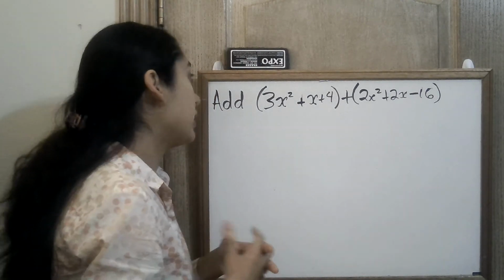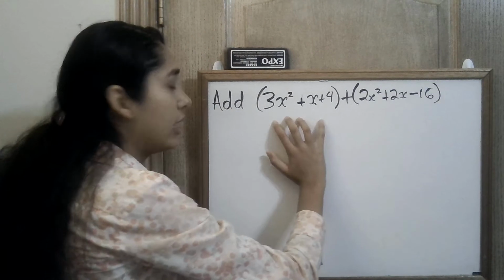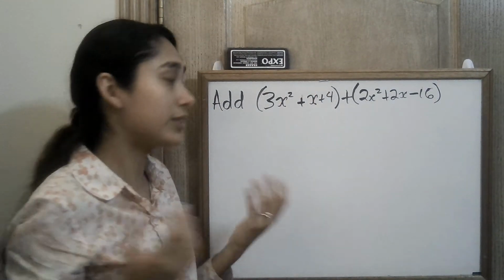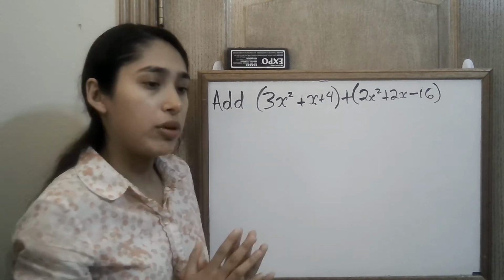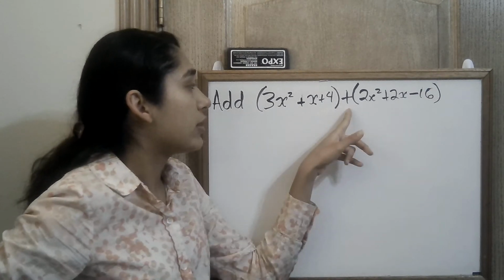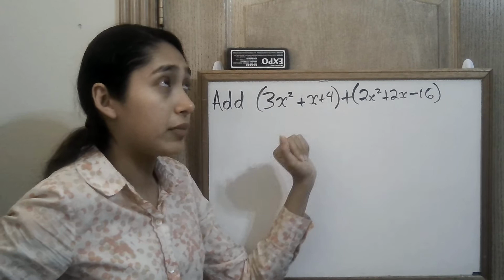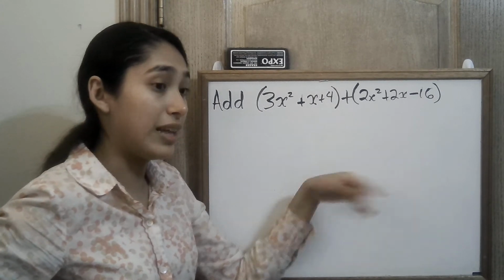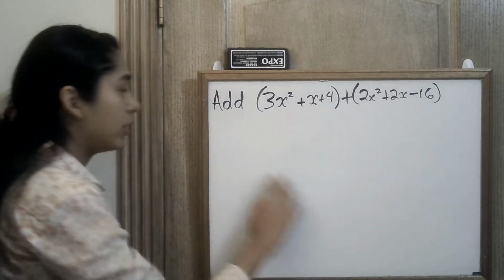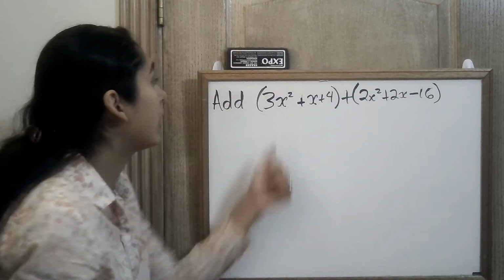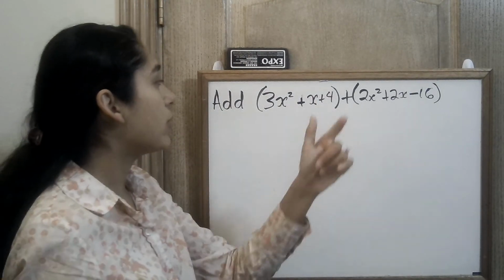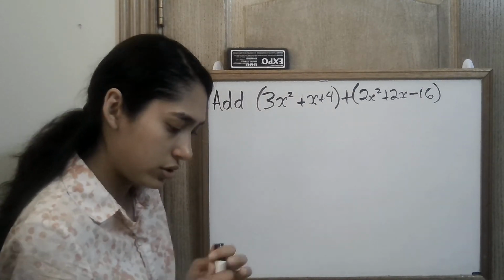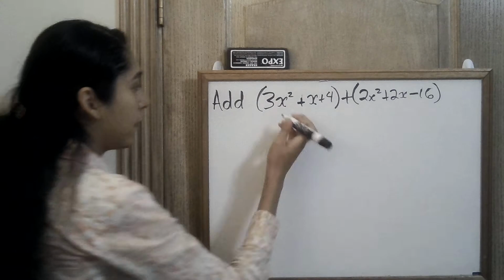I could really just bring these down here and just add them up like how we do in normal addition with normal constants. But I do want to point out, you do have to be careful if there is a minus sign. We're going to be getting into that more in the next section. But let's look here. What are our like terms? So we have 3x squared and 2x squared. We can combine those together, and we'll get